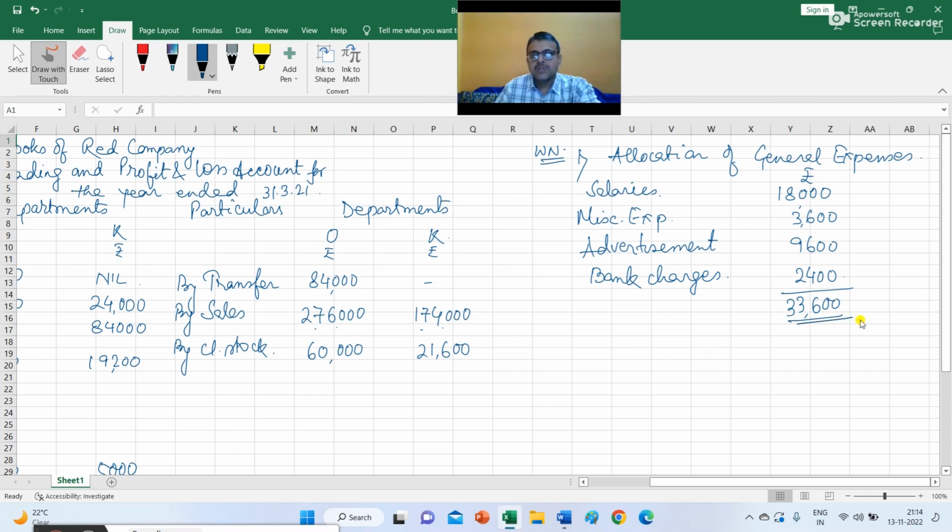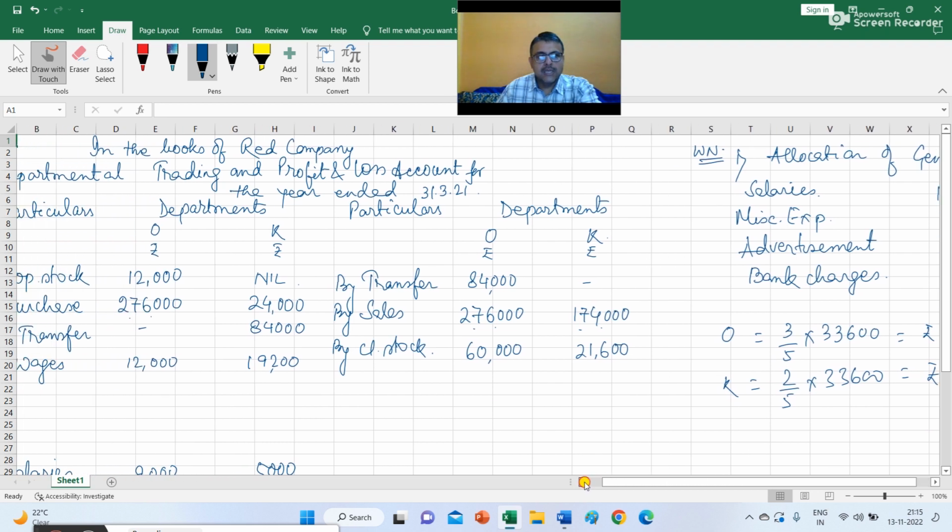This general expense or unallocated expense is to be allocated to Department O and K in the ratio of 3:2. So O department will be getting 3/5 into 33,600, so we have 20,160, and K 2/5 multiplied with 33,600, you will get 13,440. So in the profit and loss account, I have to record